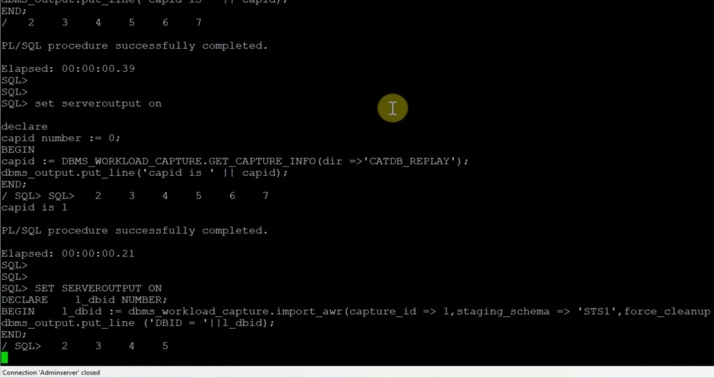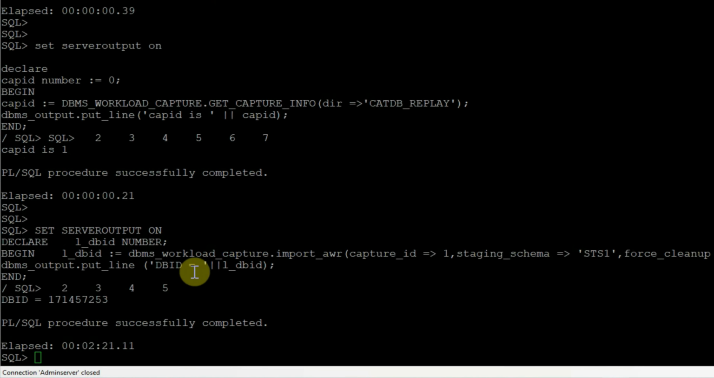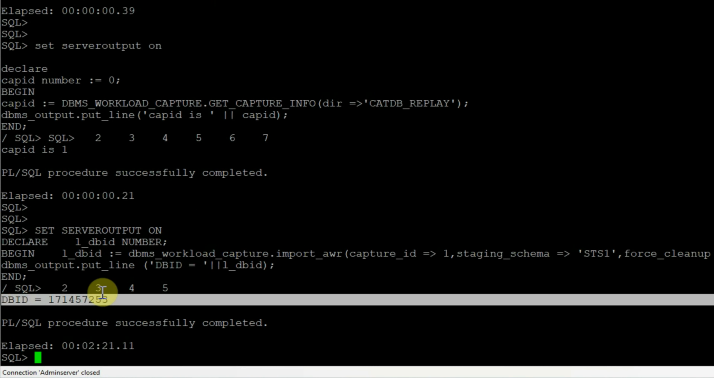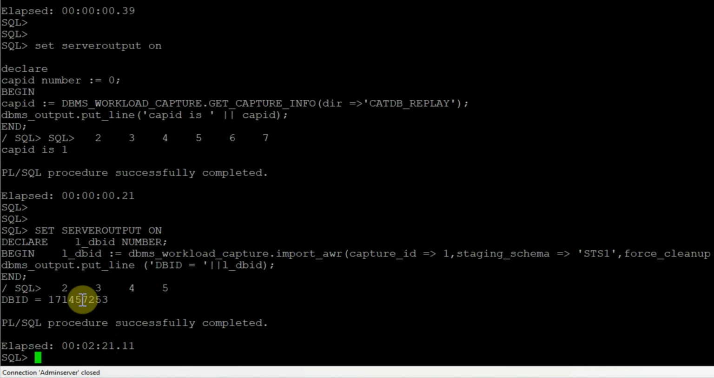And this procedure is going to take some time because it is importing all the AWR related information to the target database. Okay, so the PL/SQL procedure successfully completed, and it has returned a DB ID equal to this. Now this DB ID is different than the DB ID that belongs to the target database. So this is coming from the source database, and we can validate this